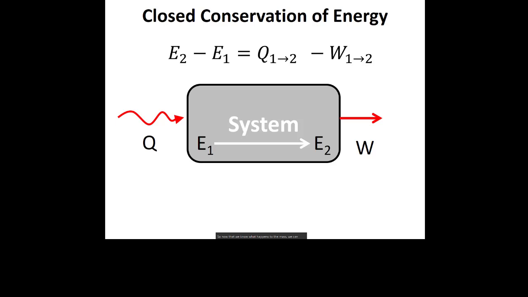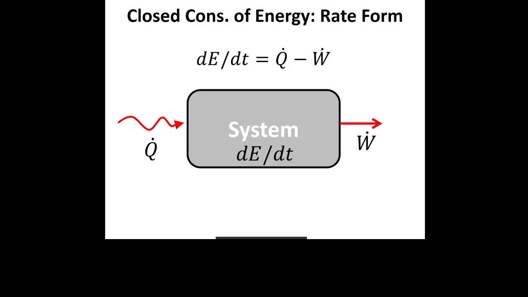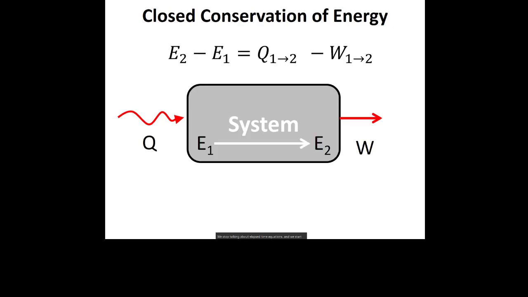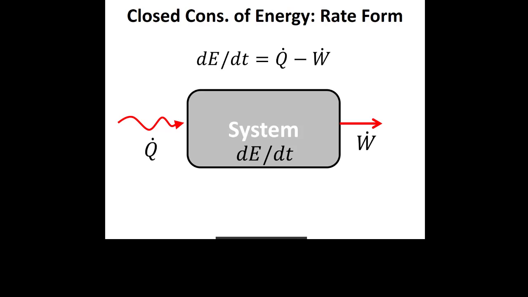So this was our closed system energy balance, or our closed system first law, right? The change in the energy in the system is equal to the heat transfer in minus the work going out. When we talk about open systems, we stop talking about elapsed time equations and we start talking about rate equations. So all I did between these two slides was divide all three terms by delta T, the change in time, and just made that time really, really small. And then we get the calculus version of that equation.